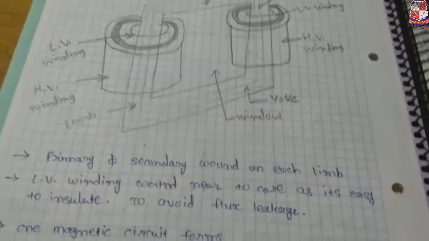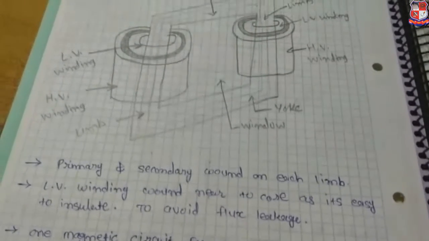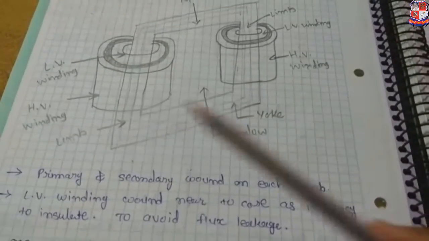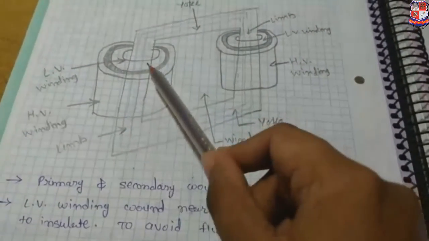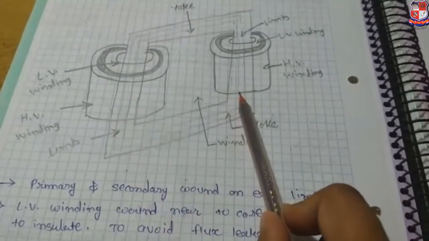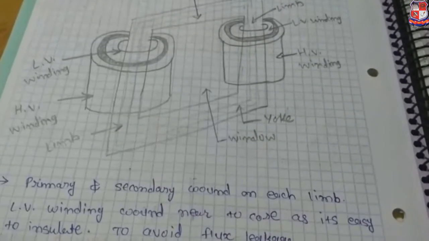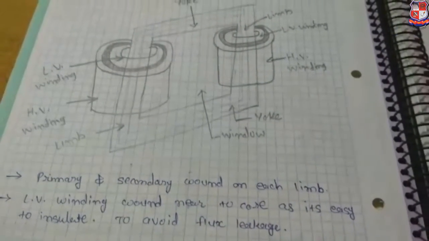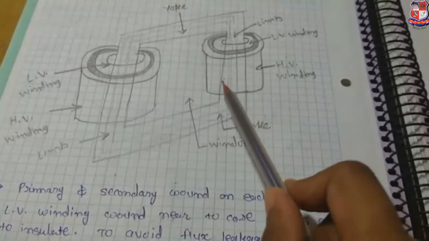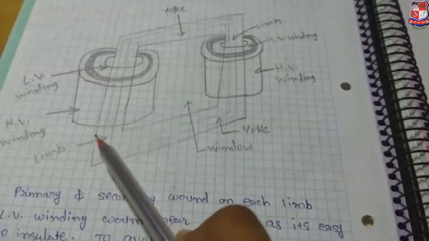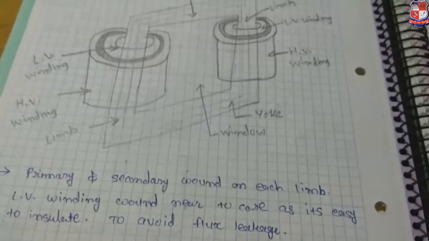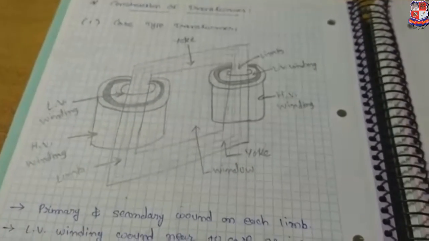But the disadvantage of this kind of transformer is that mechanical strength is less. Why is this mechanical strength less? Because these windings are wound on the two vertical limbs. So when any fault condition occurs in the transformer, the mechanical strength which is necessary for the transformer will not be provided by these vertical parts of the transformer more beneficially. So the mechanical strength is less. This is the core type of transformer.